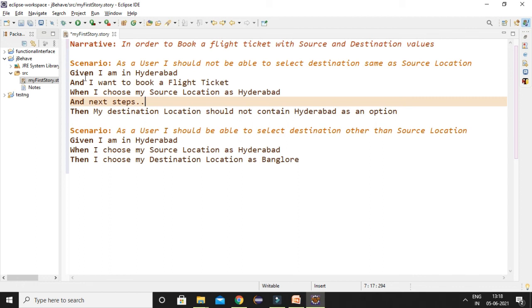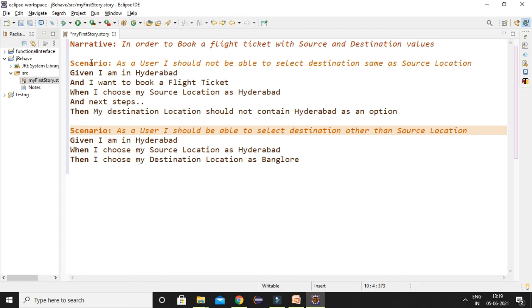We have seen how to write a story file and the main keywords used in it. Let me summarize. BDD runs completely around the story concept. In a story we will have multiple scenarios, and each scenario will have multiple execution steps.